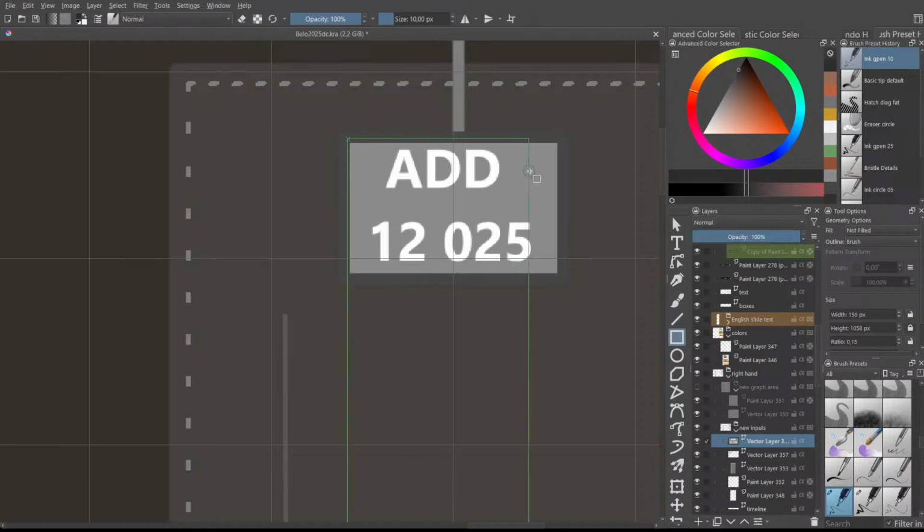Let's try to make, oh, okay, I don't know what I've been clicking here. Let's try to make this kind of, it has to be a little bit of shading. So like this, and